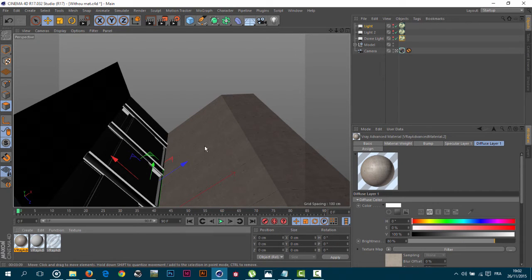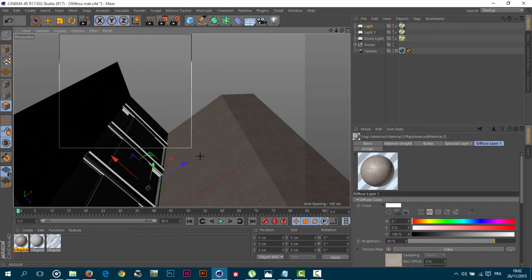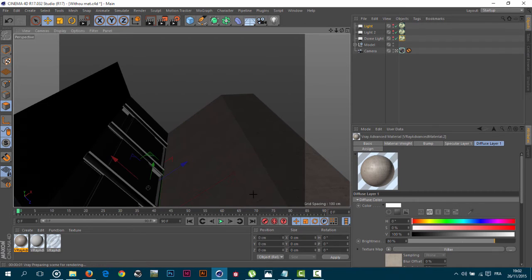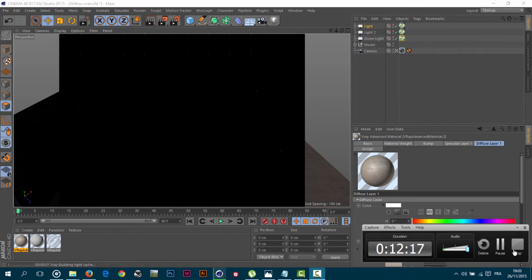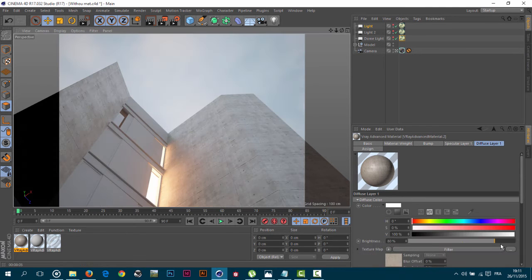Now let's do another preview render, but for the viewport, and see how the material interacts with the HDRI. So this is how our